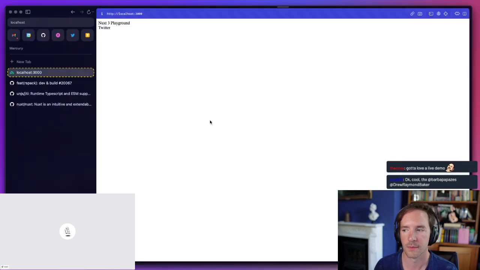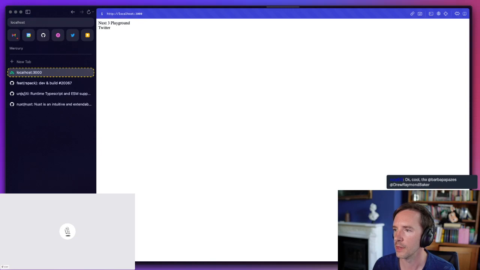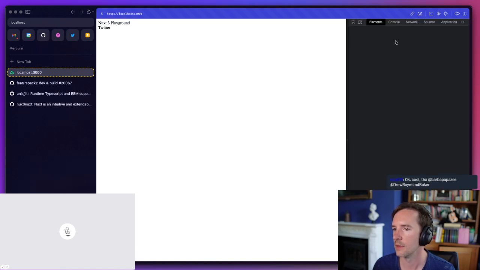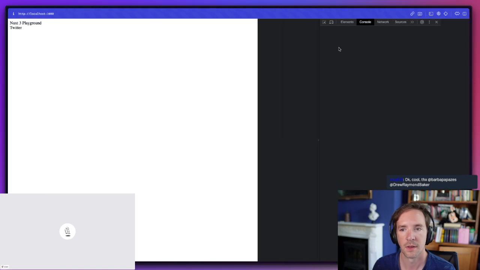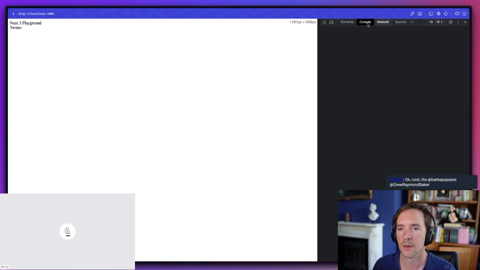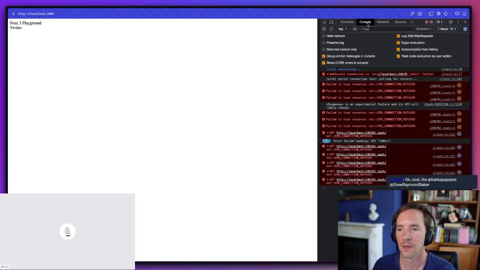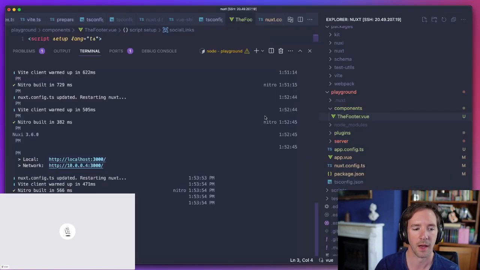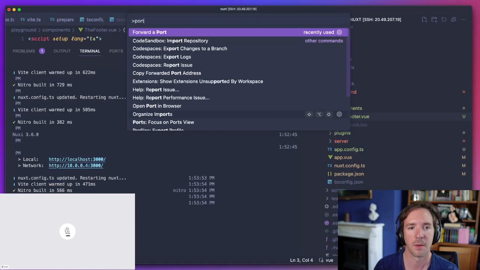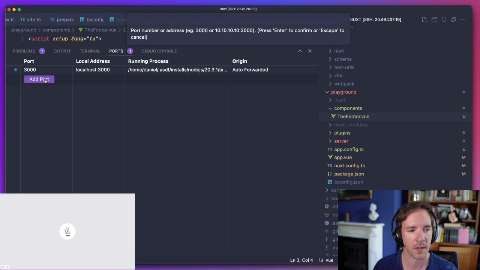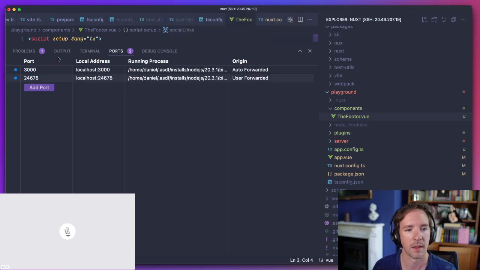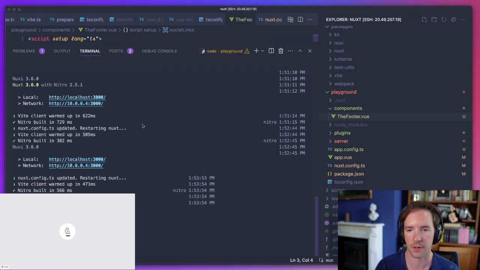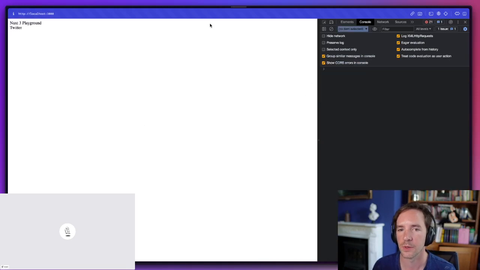Oh, it seems it's fine. I'm not sure what the issue was. Oh, I always forget this. I have to proxy a port across in the SSH connection, but that should be fine. Yeah, so it's working fine.